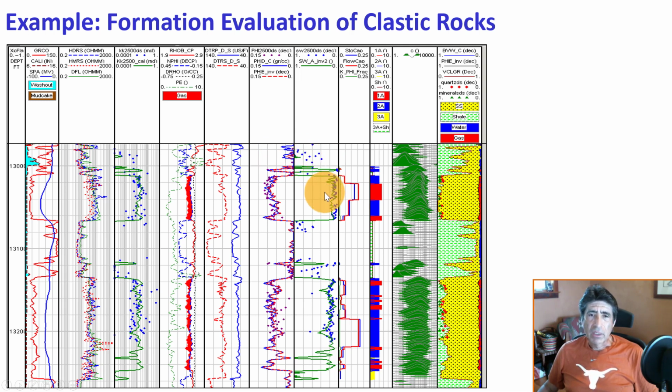And because of that, to be able to do these calculations, we have to have also some reality check with core data. So the dots that you see here are measurements of porosity here, permeability here, and water saturation here that were done on cylindrical samples. So those samples that we saw before that are taken as blocks from the whole core, they are sent to the laboratory and all of these measurements are made.